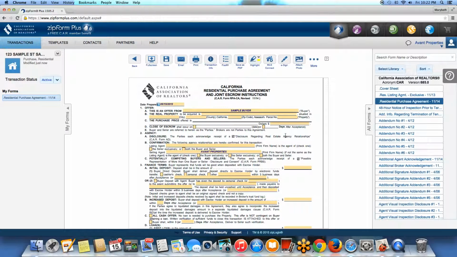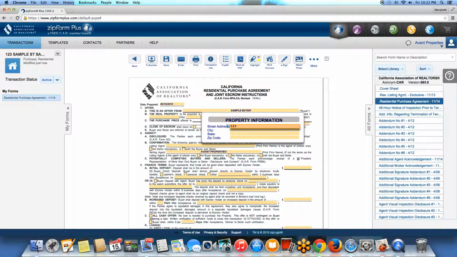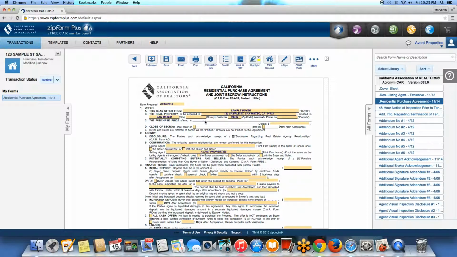Of course, you date it, and here you put in the buyer's name, you indicate the subject property, put down the county, the parcel number. You can find this in the MLS listings report, and of course the buyer's offer amount. In this case, it's $500,000, and then the buyer's closing date,